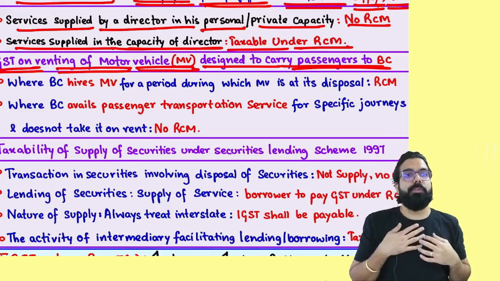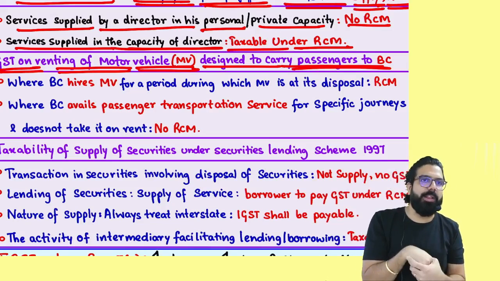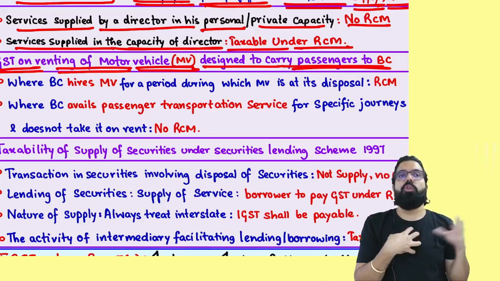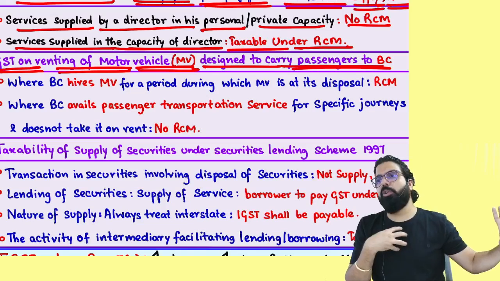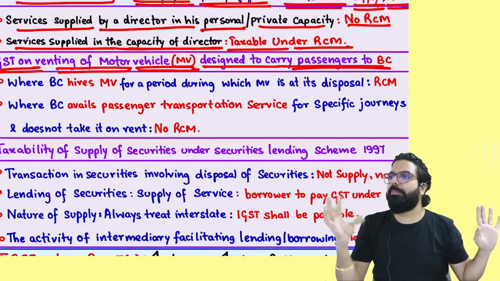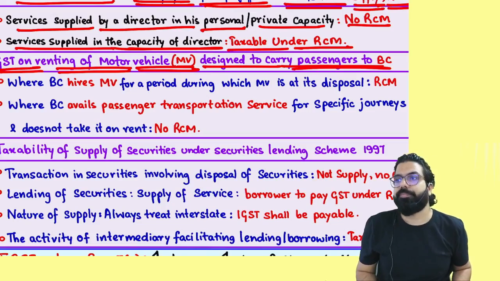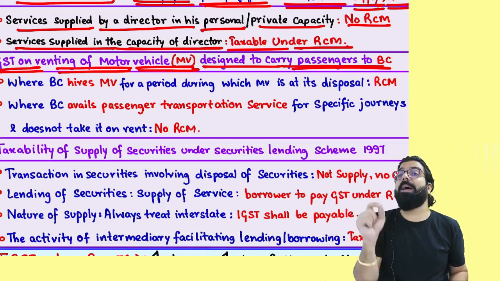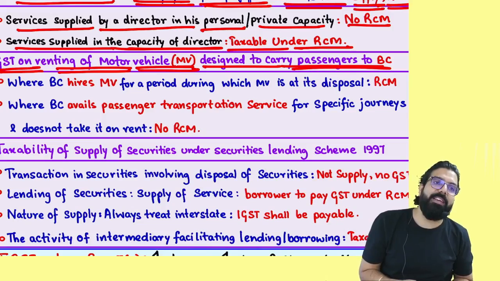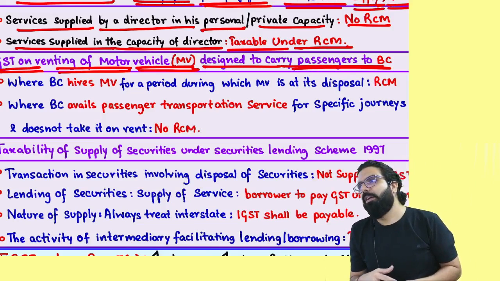I am running a bus from Chennai to Coimbatore. One body corporate came and told me they have some employees. One company came and told me, Ramesh, I want 5 tickets. I gave them the 5 tickets, their employees sat and I dropped them at Coimbatore. My question is, am I giving renting of motor vehicle or passenger transportation service? Passenger transportation service. Will the company pay GST under RCM, or will I charge under forward charge? I will only charge under forward charge mechanism.